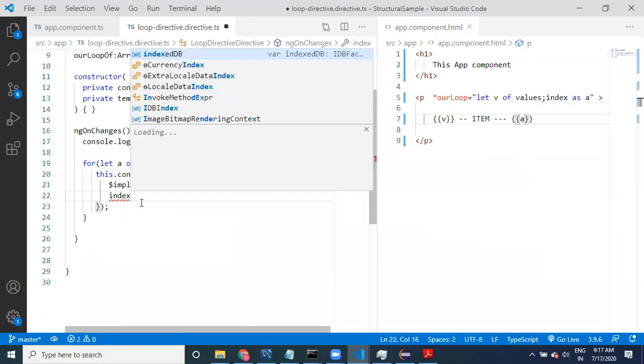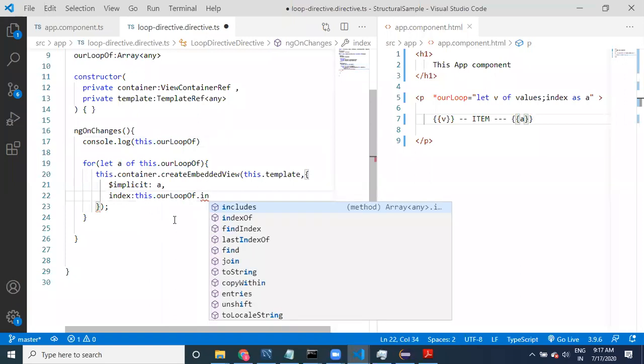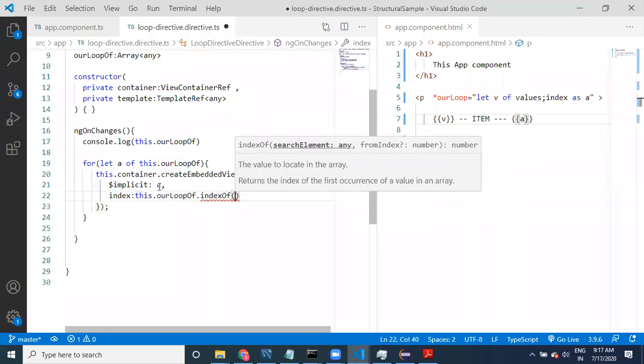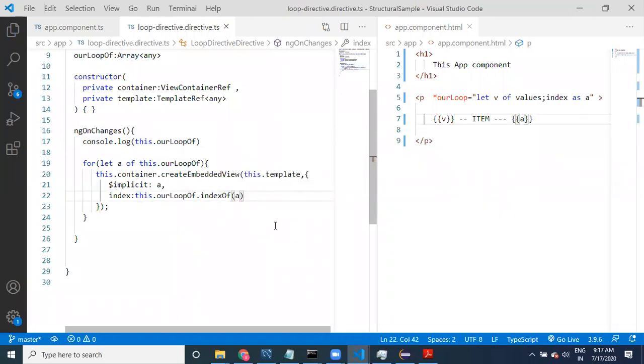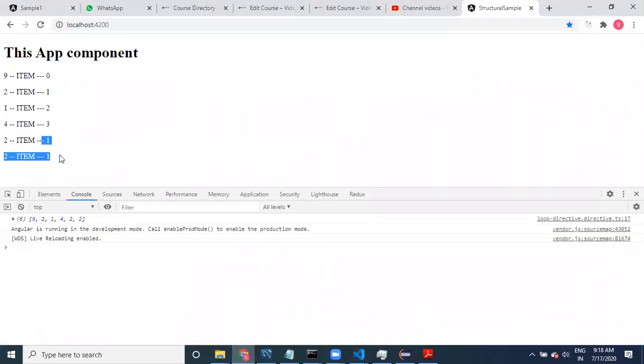If you provide index, for the index value, which value do we need to provide, comma, because this is key and values within the JSON. For implicit a, index is going to be this.loop.indexOf. Get the index by using indexOf, this is an array, right? indexOf within this array, indexOf a, the first a value, we can take like this. From the array, the value of index is going to be provided. Let's see here, index is going to be provided like this.